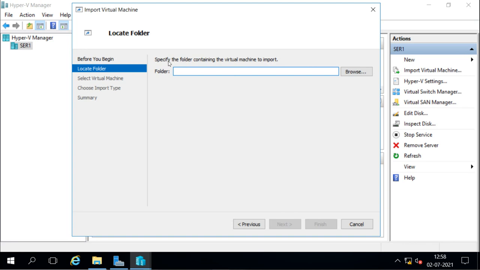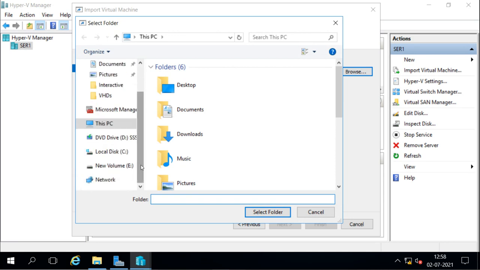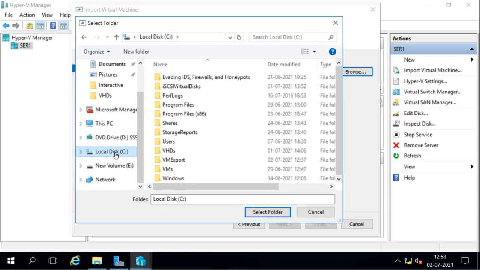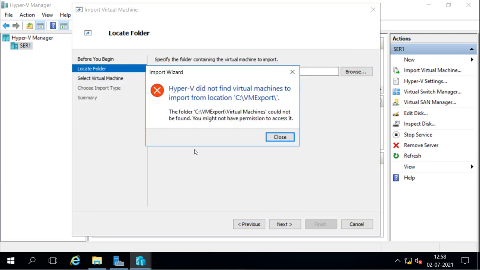So first, go next. Now it is asking us to specify the folder containing the virtual machine to import. I will browse, and select the folder we used to export the machine. We have exported the machine into this folder, so I select that folder.